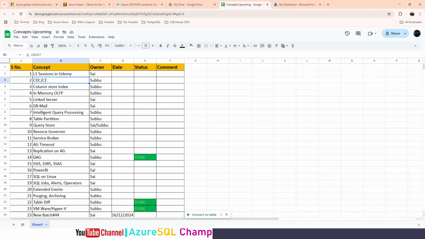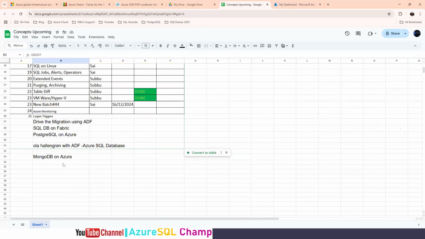So 5 sessions are pending for Postgres as well. This week I will complete Postgres, and next week I will be free, so from next week we'll start all this. I need to complete it in the next 30 to 40 days. Once we complete all these recordings, it will be handy in public. Then I will get some time to spend on ADF and Fabric. First, let's spend time here.